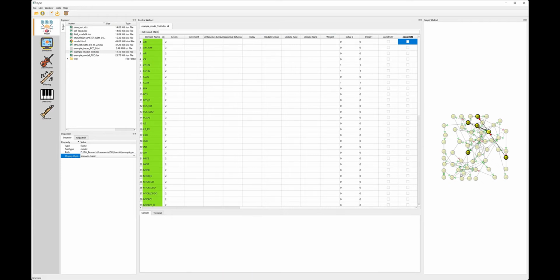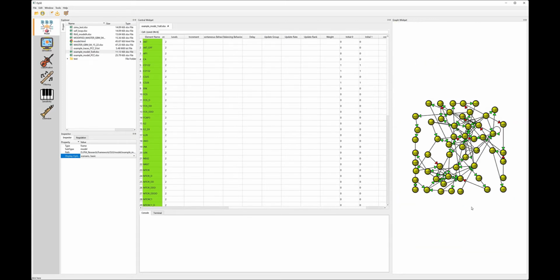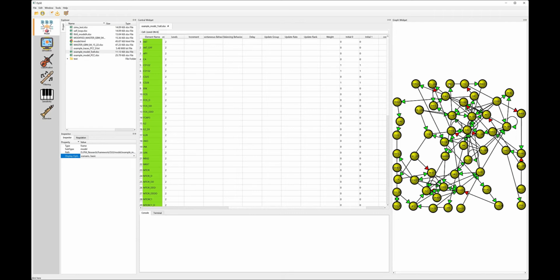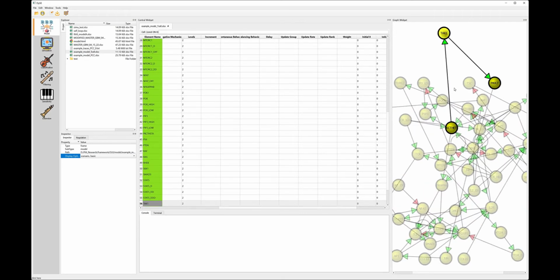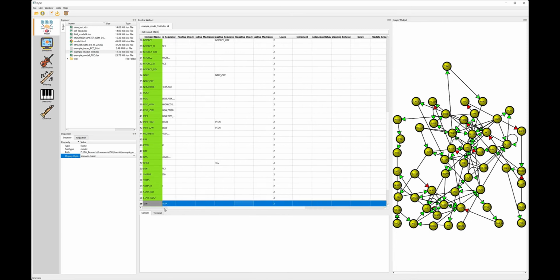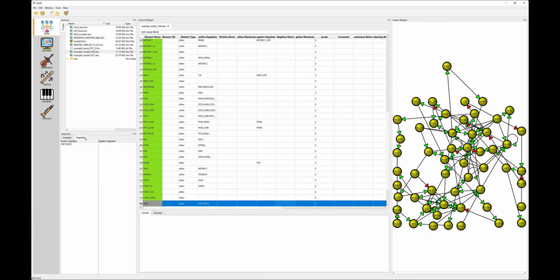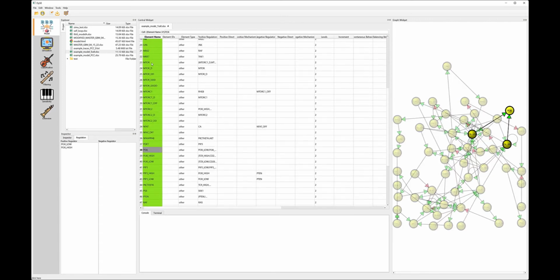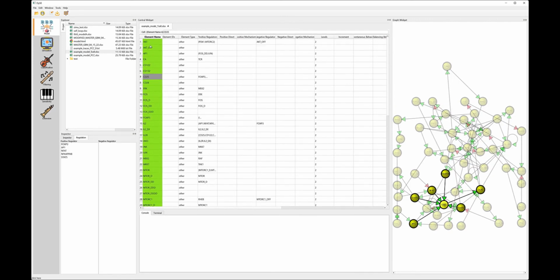The model can also be visualized as a graph, with green arrows representing positive regulation and red representing negative regulation. The graph is interactive, which means you can drag the nodes and rescale the graph. The relations between regulated elements and regulators are also synchronized in the GUI, which is easy for a user to have clear insight into the model.